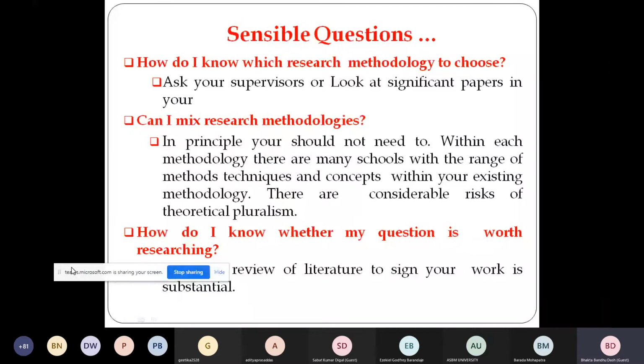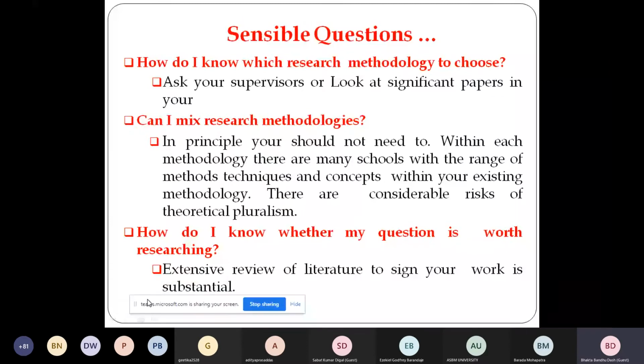I'll tell you about some sensible questions considering this, because till now I was telling you what basically a research is, and how research is identified through ontology as an epistemological base. When you talk about epistemology, I told you how we focus on areas like objective epistemology, subjective epistemology, or constructive epistemology. I also told you about the different types of research.